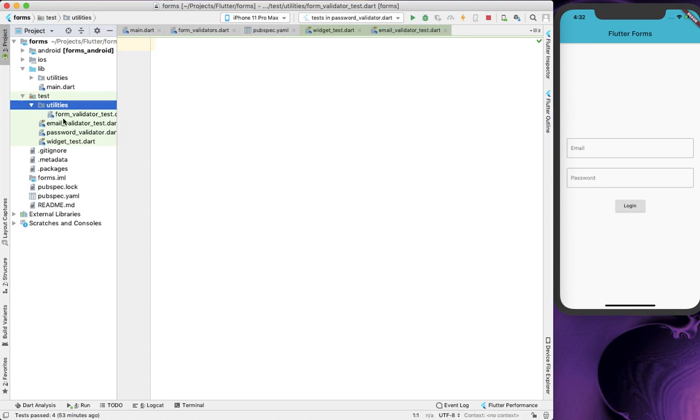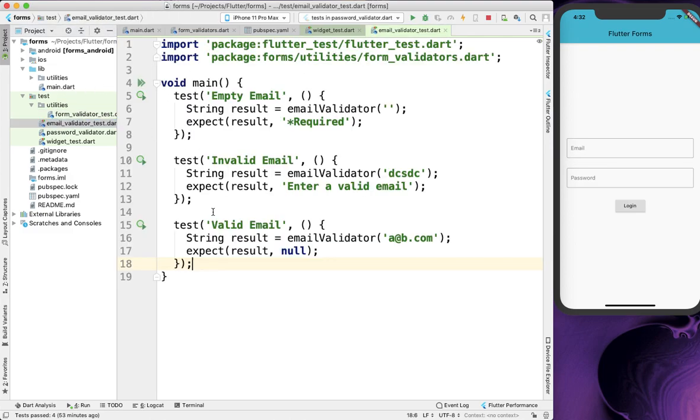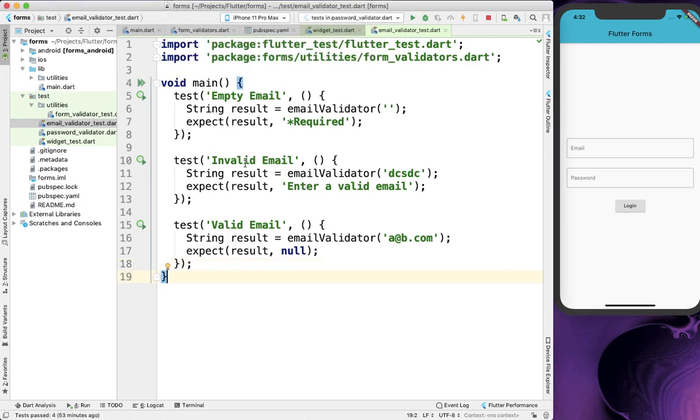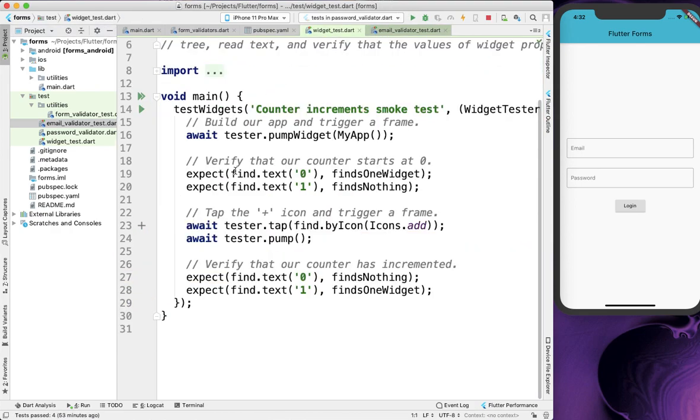Okay, so inside form validator test we are going to copy our email and password validator file. So let me copy the email validator first.